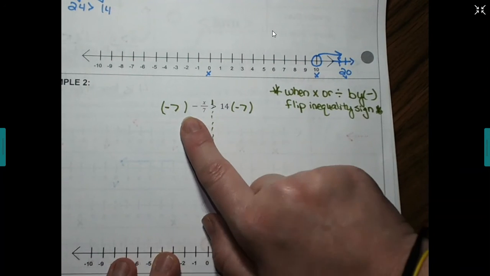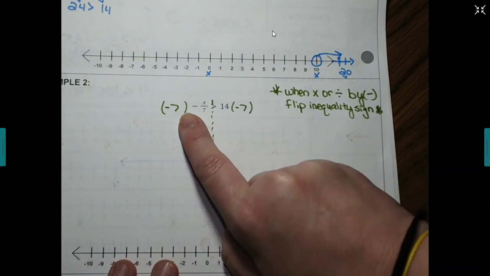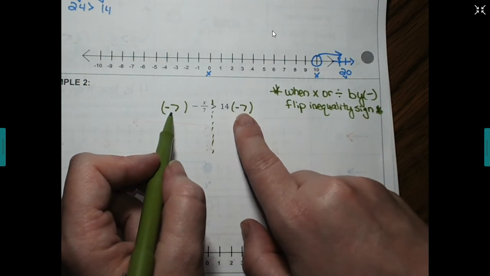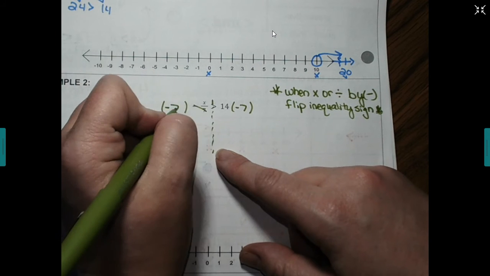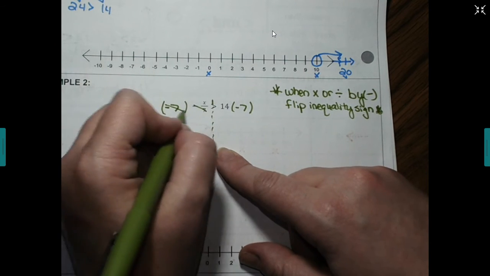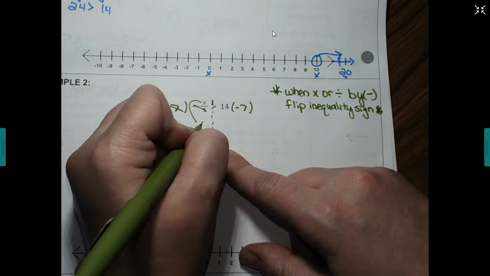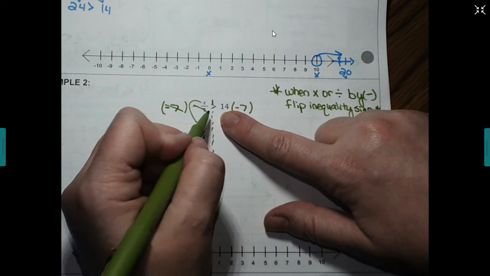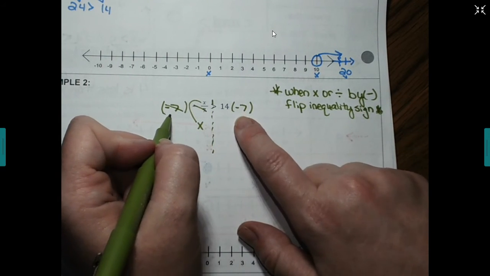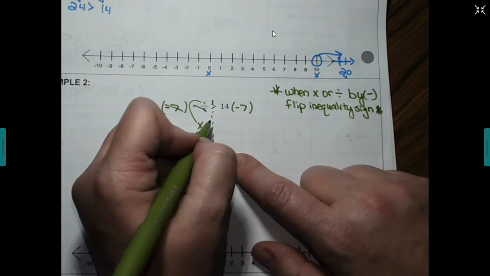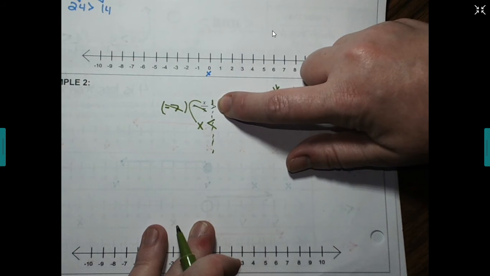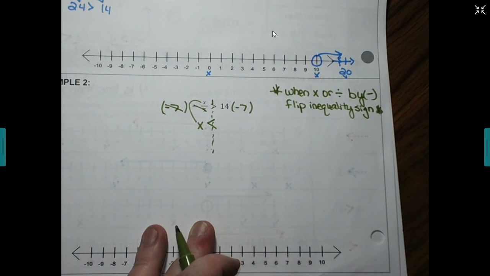So, because we are multiplying both sides by a negative number, negative 7, these cancel out, our x comes down. But now, instead of keeping it as greater than, because we multiplied by a negative, we have to follow our rule here and flip our sign. So instead of greater than, it's now going to be less than